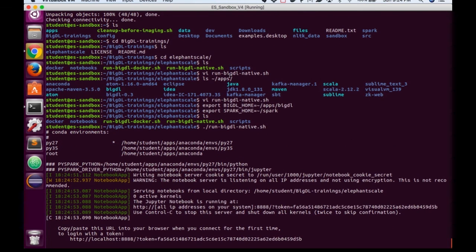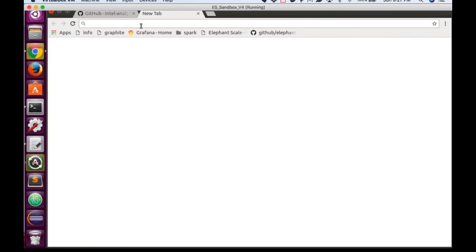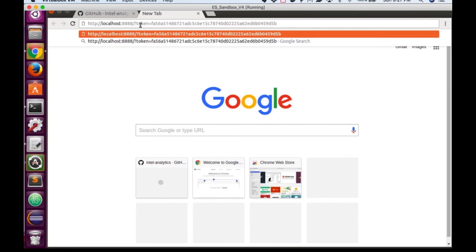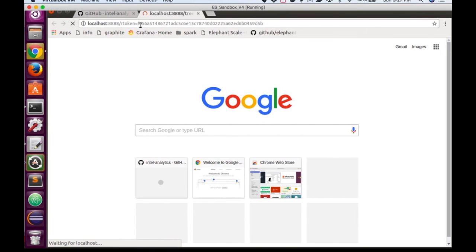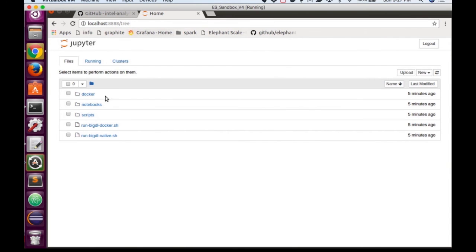Okay, so now notice that it started Jupyter Notebook for us, just like it did on Docker. So let me just go ahead and copy this here. Great. And we'll go to my notebooks.